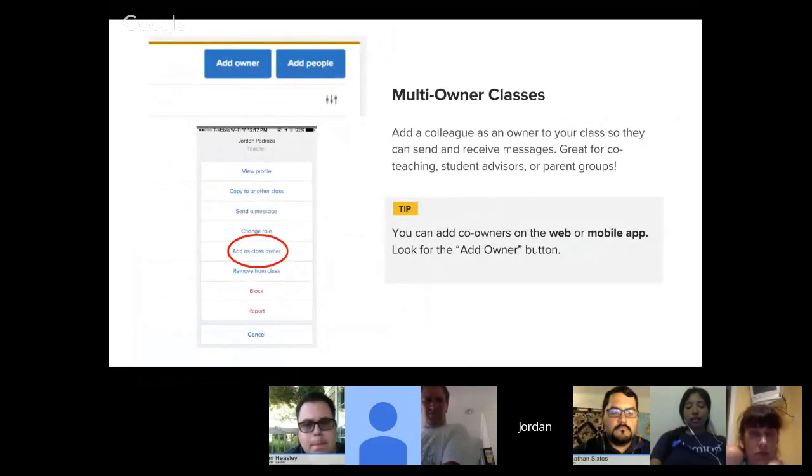Some other new things, this isn't that new, but not everyone knows about it yet. Multi-owner classes. So again, if you have co-teachers, co-administrators, team leads, anything like that where you need people to send out messages, then you can add them as a class owner, and they just need to be subscribed to your class first before you can add them as an owner. And you can find the Add Owner button on the web or the mobile app. You just want to get to the class in question and then go to your People tab and then add whoever you want